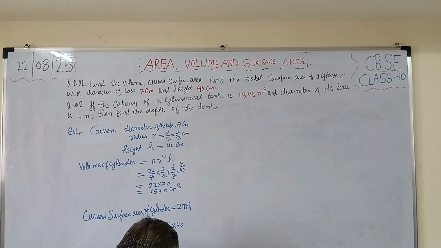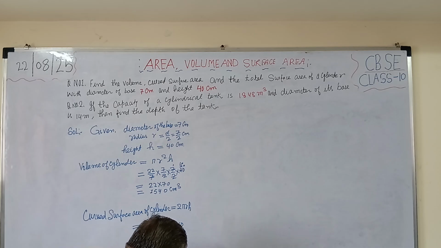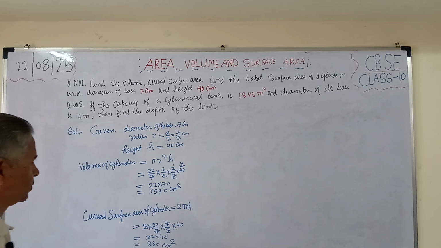So total we will get 11 7s are 77, 11 8s are 88, 88 plus 7, 95. So this comes out to be total surface area is 957